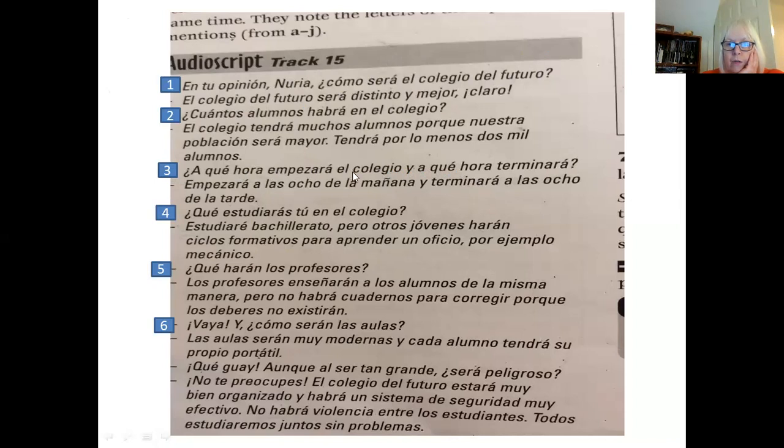What time will school start and finish? ¿Qué estudiarás tú? What will you study? ¿Qué harán los profesores? What will the teachers do? ¿Cómo serán las aulas? What will the classrooms be like? Okay, so use those as a framework, please, for your presentation, but adapt some of the language there. But I'd like to hear your ideas of what schools of the future may be like.